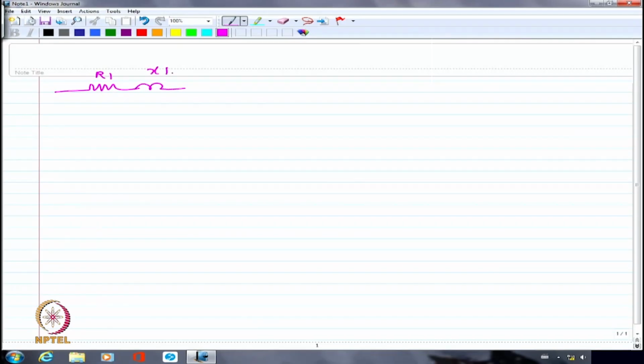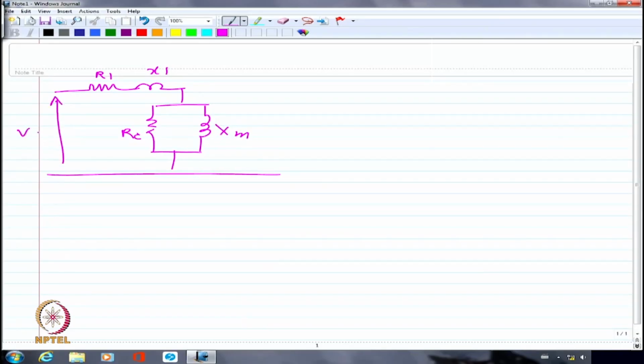We said this is RC, this is XM, and here is V1, what we are applying. So now this is R2 dash, this is X2 dash, and then this is what is our load, which we are calling as ZL dash, right? We wanted to first of all determine all the parameters of this equivalent circuit, which actually can be done by